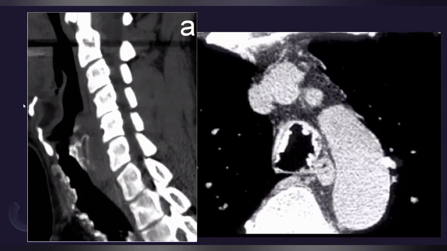The major vessels of the mediastinum appear normal. No evidence of any soft tissue attenuation mass in the trachea. No lymphadenopathy in the given image. And these findings are showing some